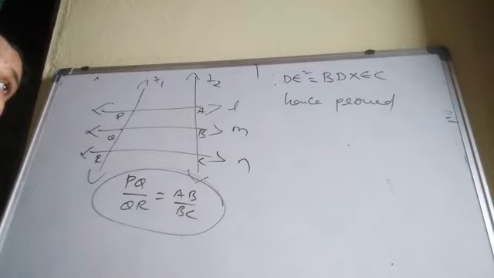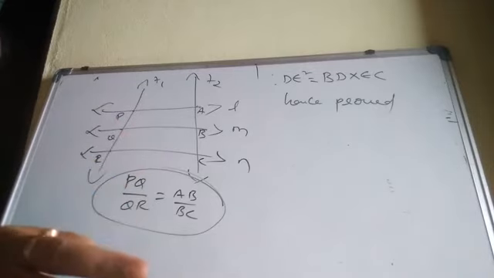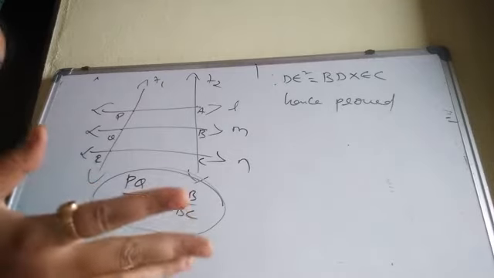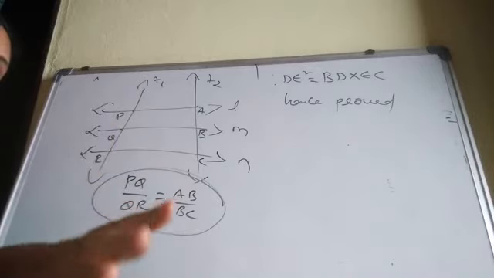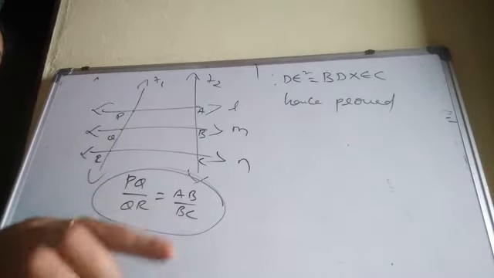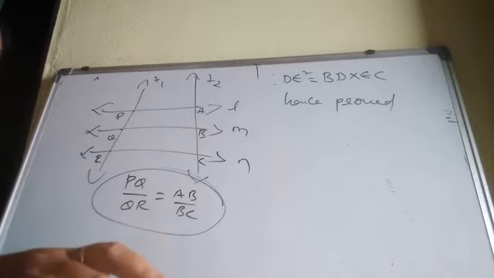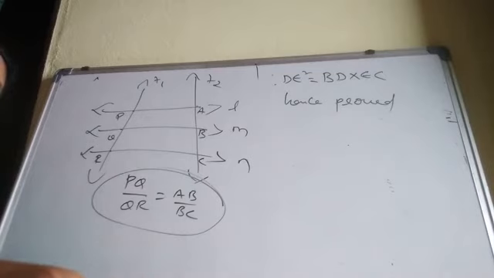Then coming to the third exercise what? Tests of similarity. How many are there? 3. First one, triple A. In bracket he has given double A test. So you can find 3 angles or 2 angles. If you find 2 angles also, by AA test 2 triangles are similar. And second condition SAS. Third one, triple S. These are the tests of similarity. And properties also you learn. What are the properties? Reflexive, symmetric, transitive. These are the properties of similar triangles. And you learn the similar triangle definition also.